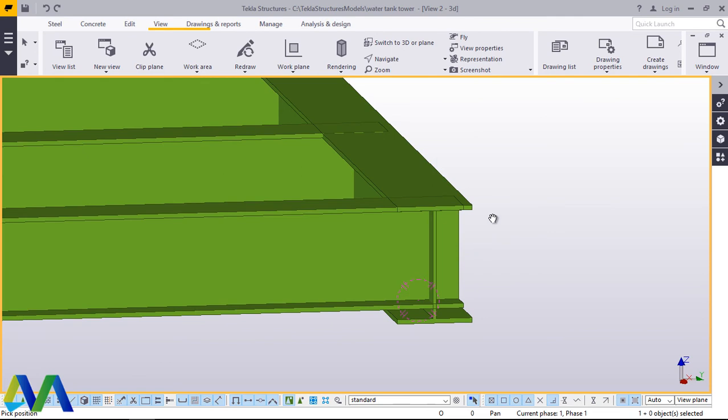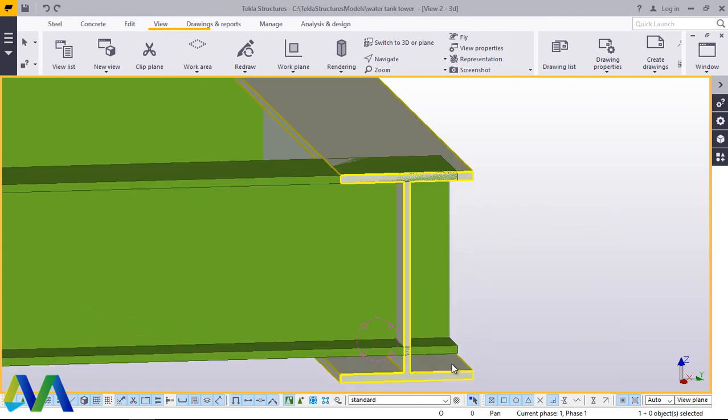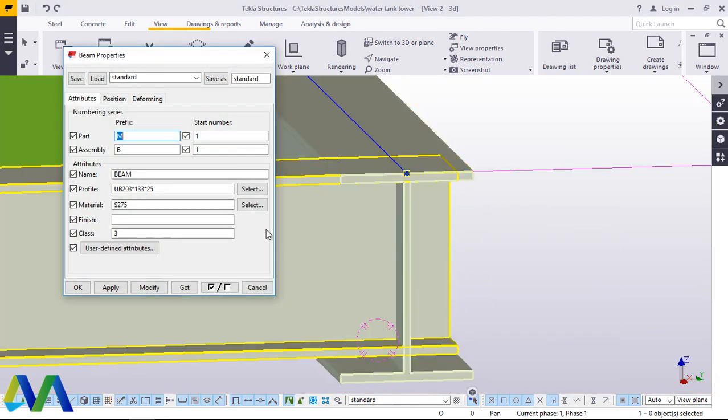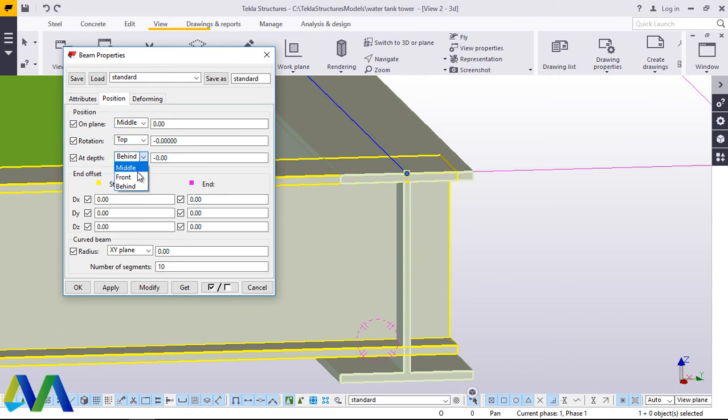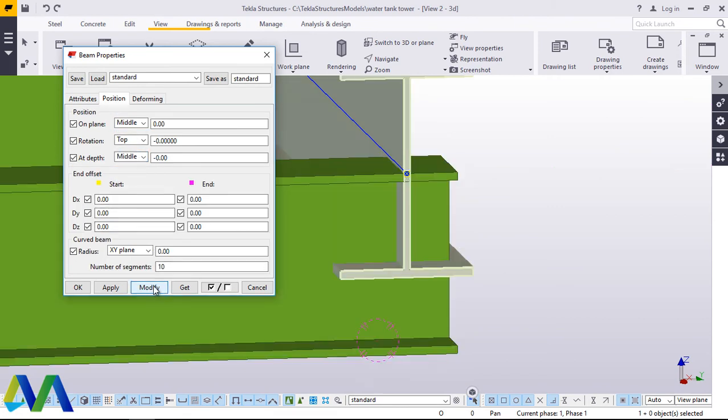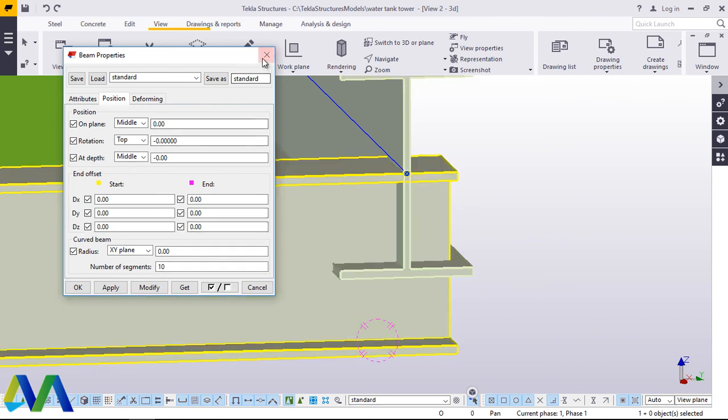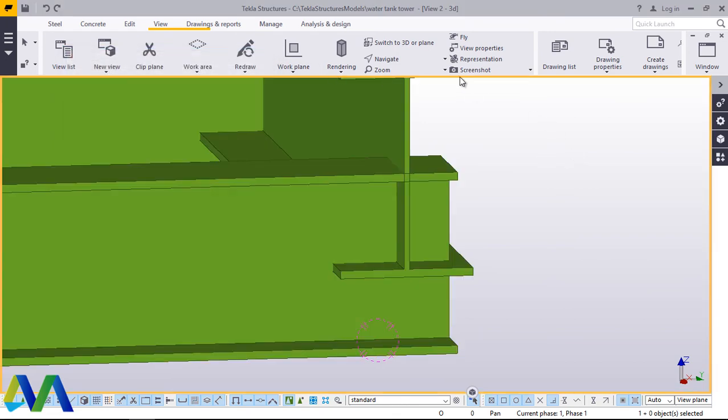Now we want to place this right in the middle. Come here and stick to the middle there. It's not positioning itself properly. Now having done that, we'll just come back here, turn this round,